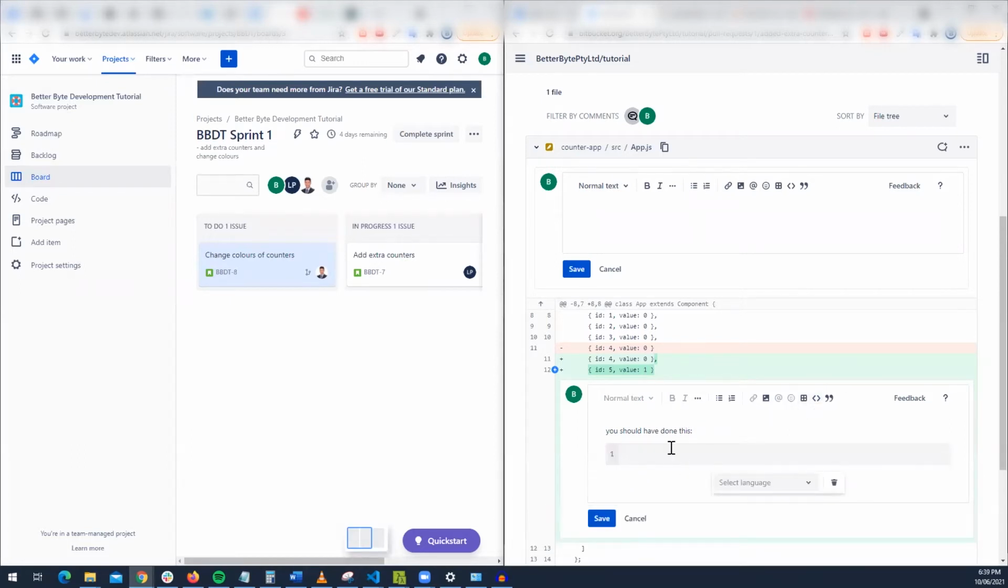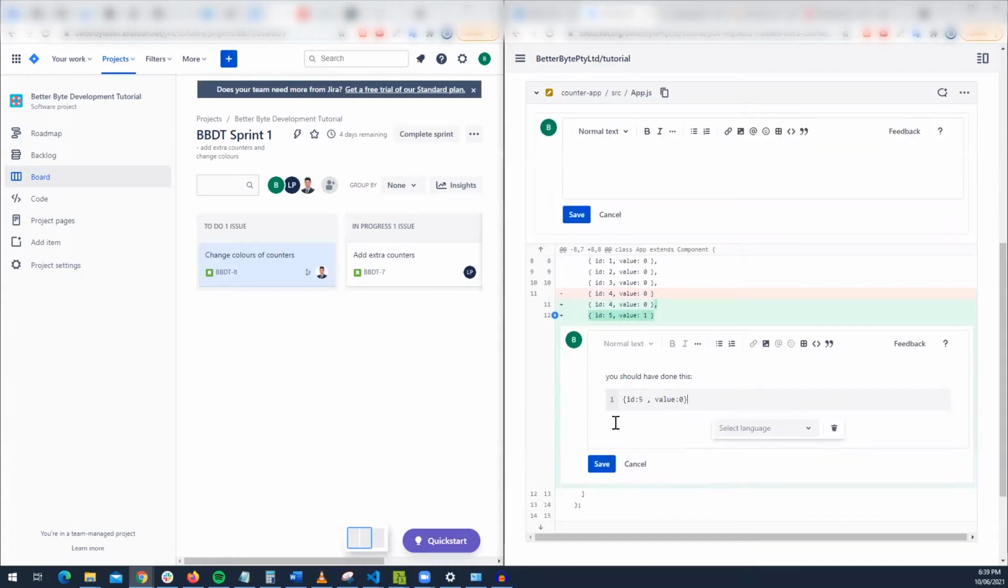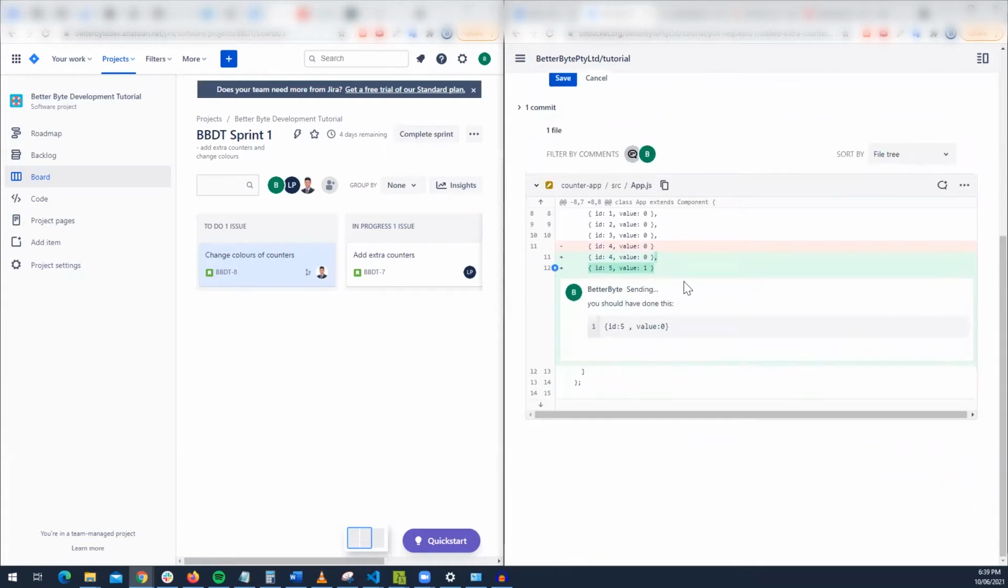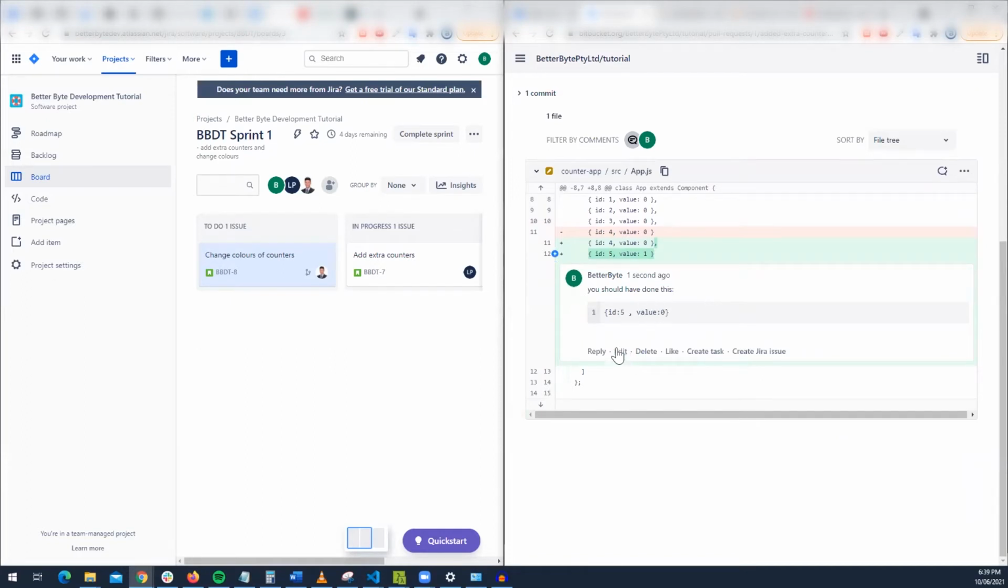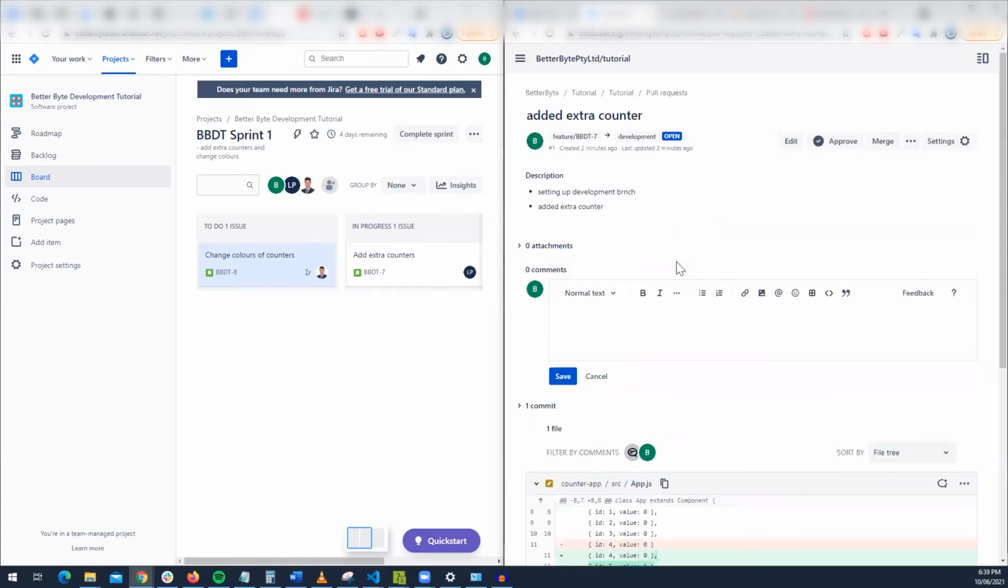So you can put there ID 5, and then value 0, because the default value is 0, right? And then say for example you accidentally put a 1 and you made a typo, and then the person who's reviewing it says, oh, you should have put value 0, and then save. And then after that you'd probably just